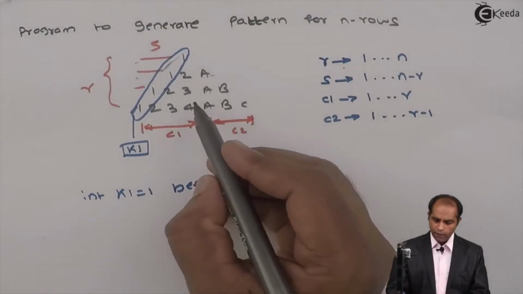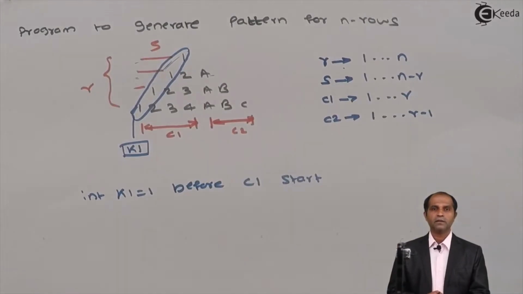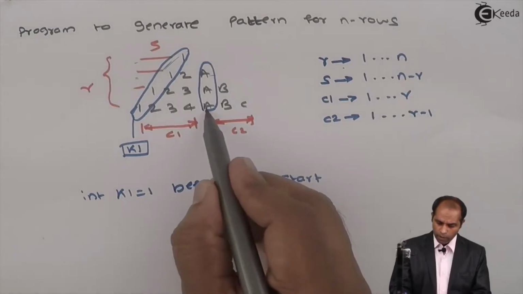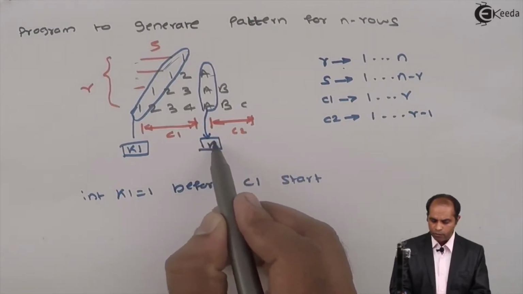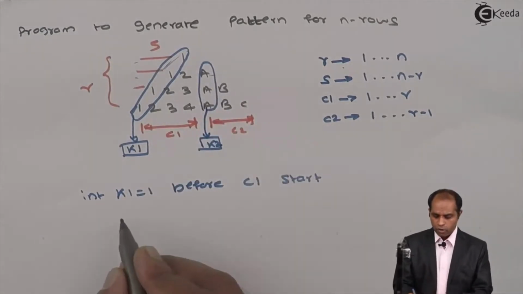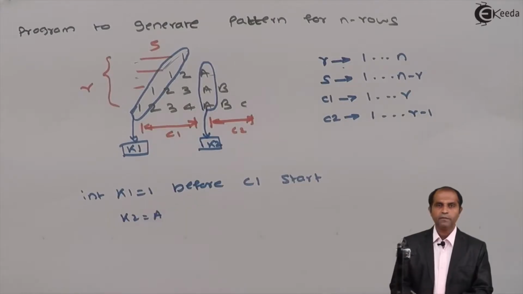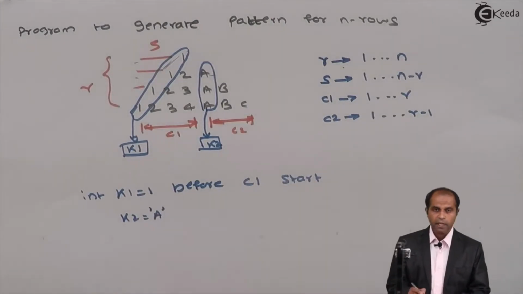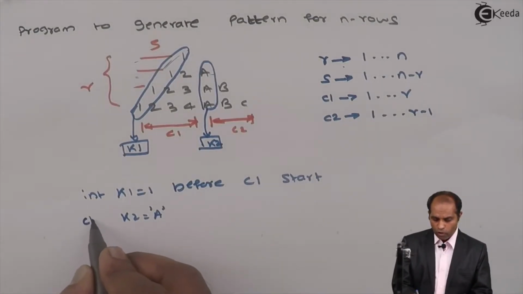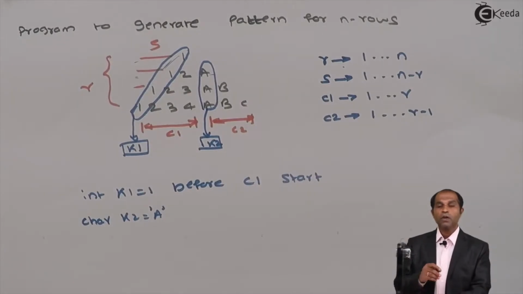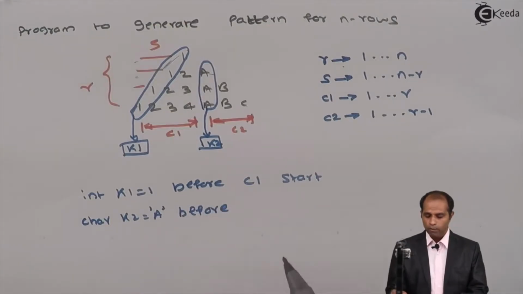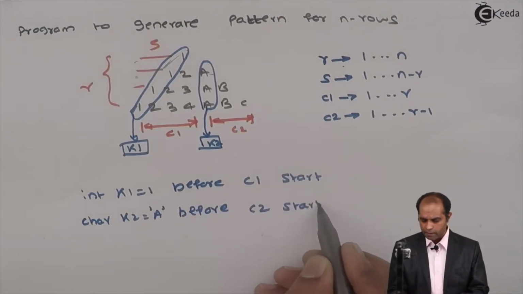Now, on the other side, if I ask you to check out the C2 triangle, you are supposed to observe this entire column. When I observe this column, here I'll have this as K2. And here your K2 always begins with a character called A. So K2 is always equal to A. Now since I'm supposed to assign A to a character variable, I'll say K2 equals A. And this K2 has to be of type character. Now the question comes, where does this have to start? This has to always set the value of K2 before C2 starts.